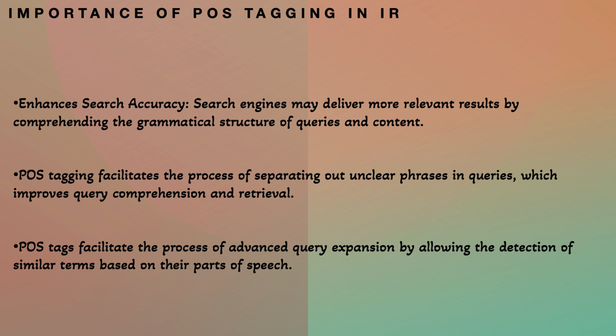By considering the parts of speech of query terms and document text, search engines can provide more accurate and contextually relevant search results. Parts of speech tagging facilitates the process of separating out unclear phrases in queries, which improves the query's comprehension and retrieval. Parts of speech tagging facilitates the process of advanced query expansion by allowing the detection of similar terms based on their parts of